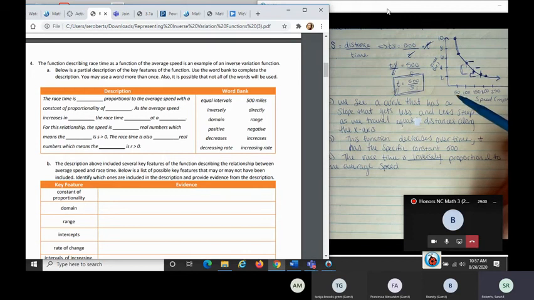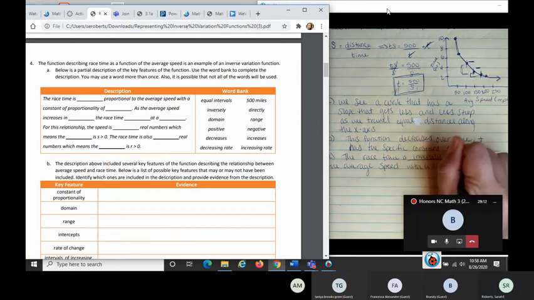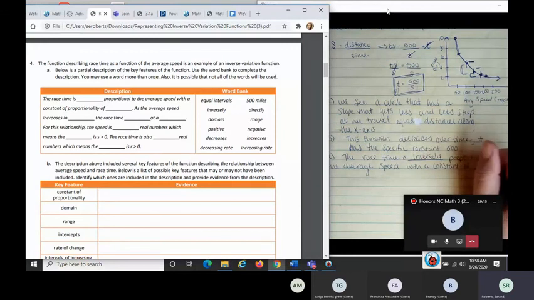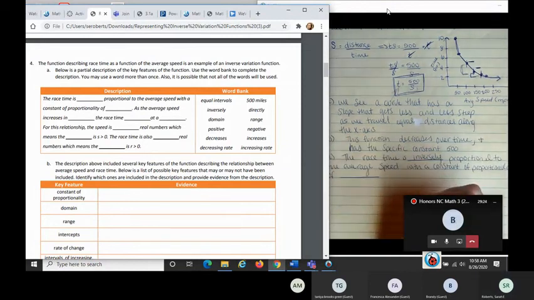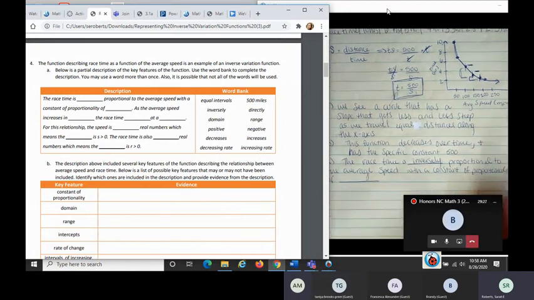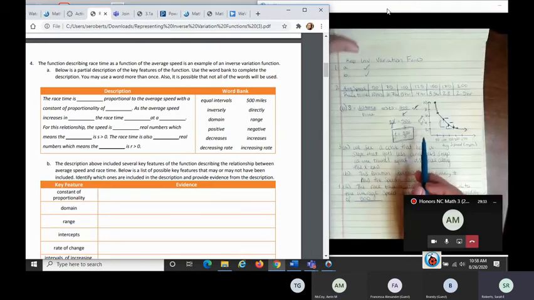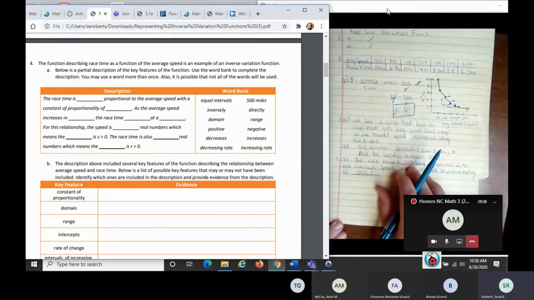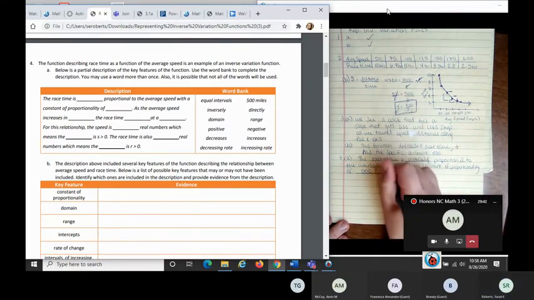Also, the whole activity is called representing inverse variation functions, so you can guess pretty well with that. So with a constant of proportionality of, what was the constant of proportionality? 500 miles. Yeah, very good. The constant of proportionality is just the number that makes the relationship between the two variables happen. So the constant of proportionality was 500, and it says the average